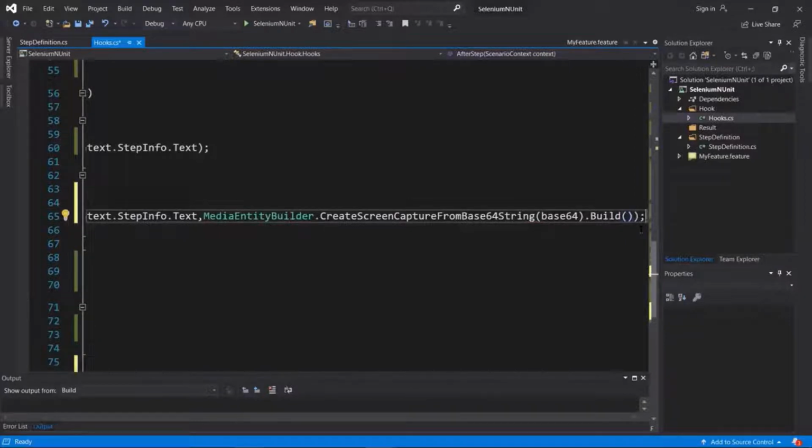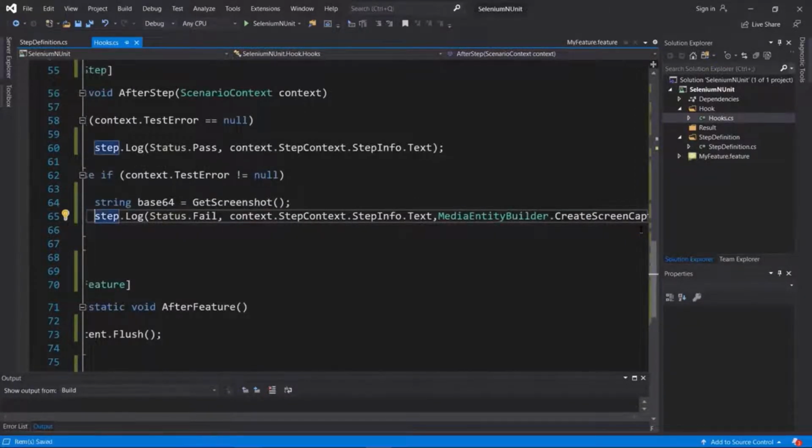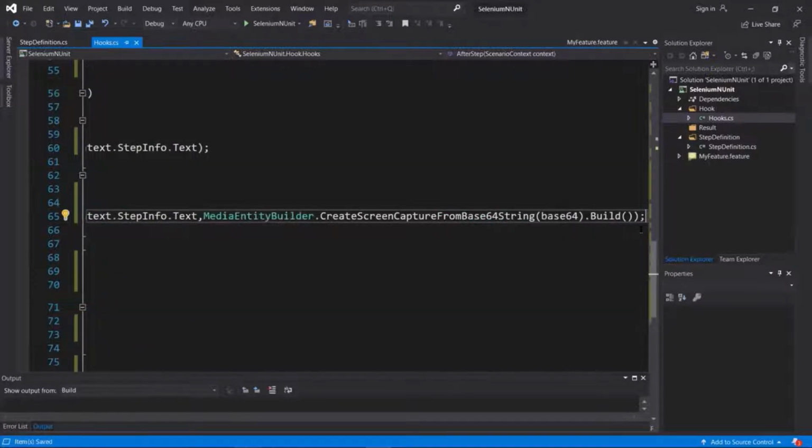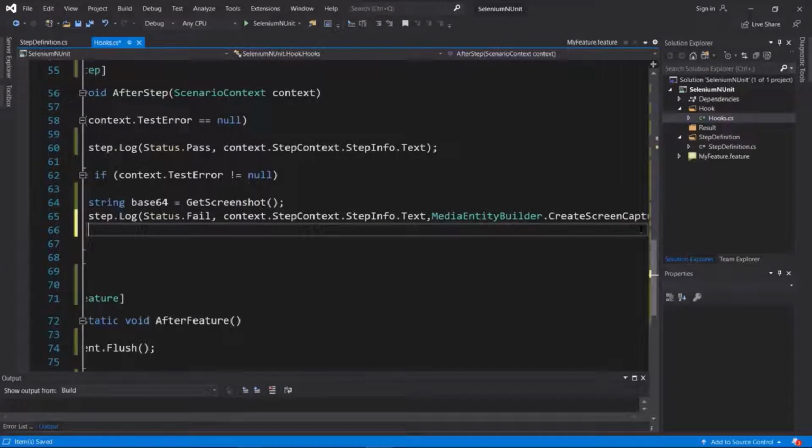One thing I would like to highlight is that whenever our test step fails, the remaining steps will get skipped, which will result in n number of open Chrome driver instances. So we'll write code over here which will quit the Chrome driver instance the moment a test step fails. To do that, I'll write step definition dot WebDriver dot Quit. This will close the Chrome driver instance. So now, whenever there is a failure, we'll get the screenshot as well in our test report.